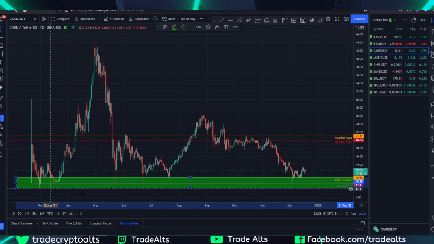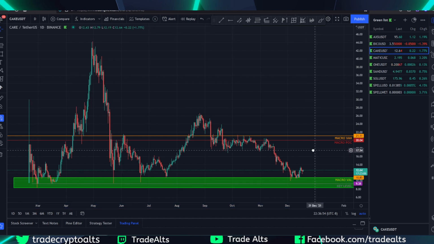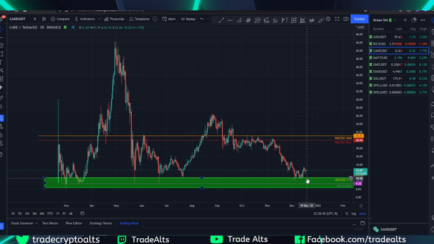And if you're making a new all-time low, then that's probably a different story. Then you're probably going to be out of that trade. So anyway, macro value area low, area of importance from a macro perspective. To flip things around, not to confuse you,